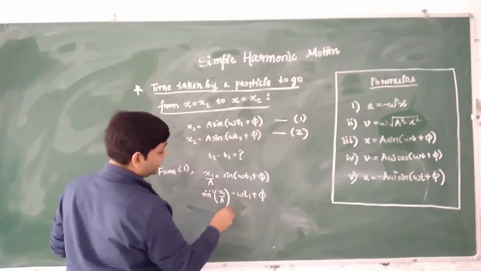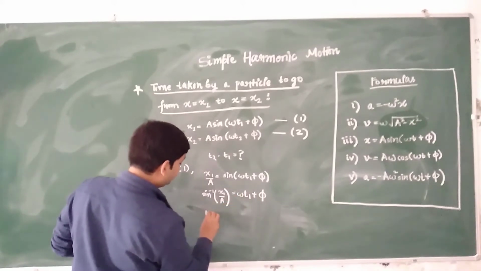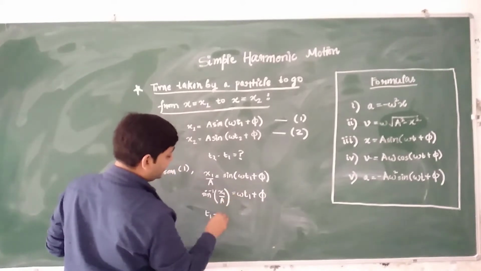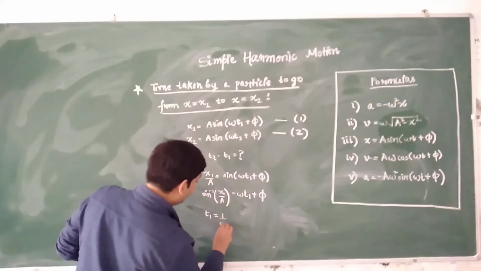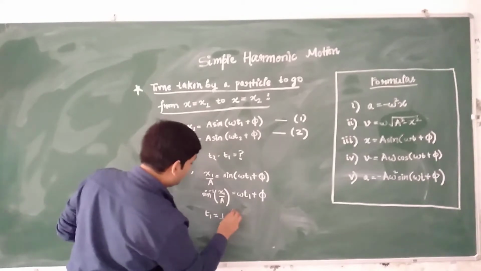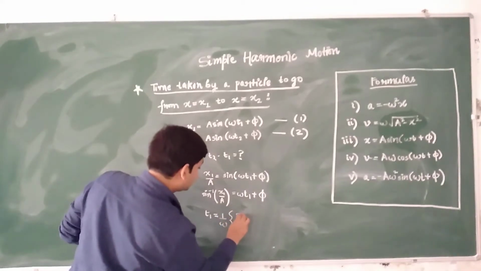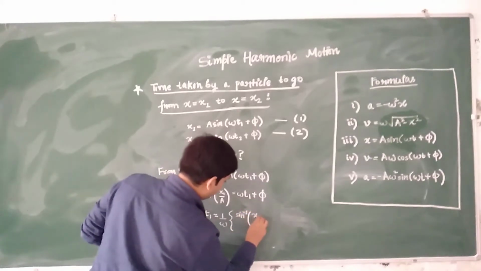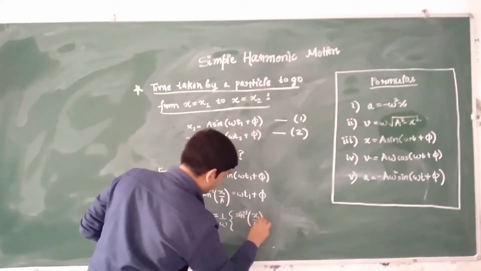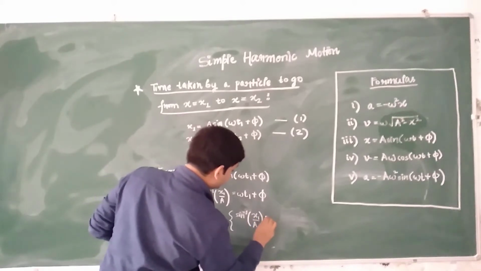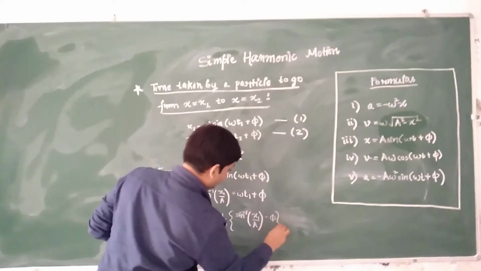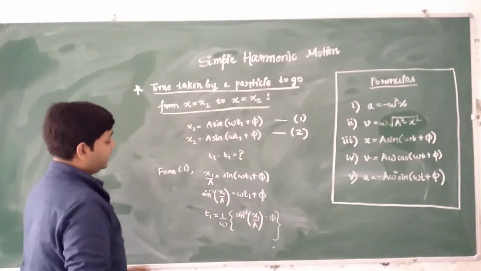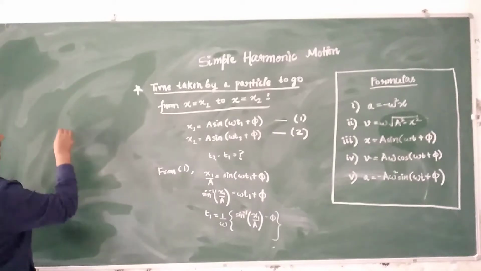So from here the value of t1 will be, this phi will be taken this side and then this omega will come into the denominator. So we will have t1 will be 1 upon omega, and this is sine inverse x1 upon a minus phi, right? So this is the value of t1 from equation 1. And similarly we will have